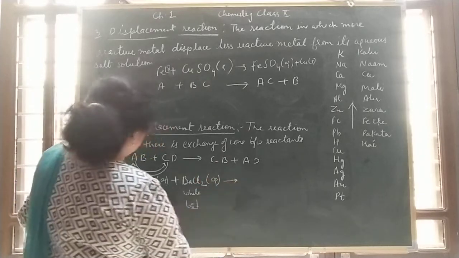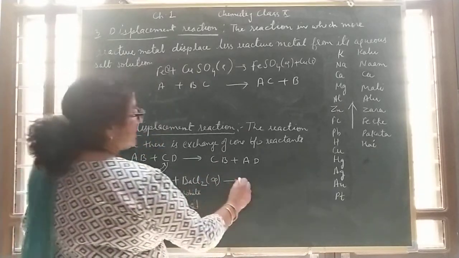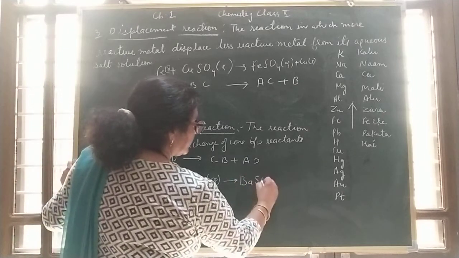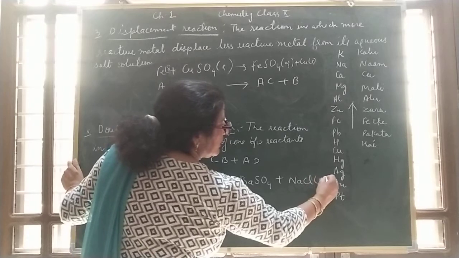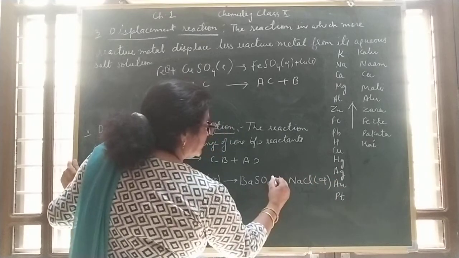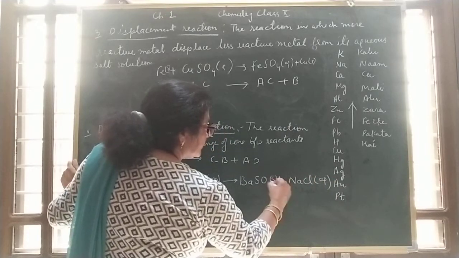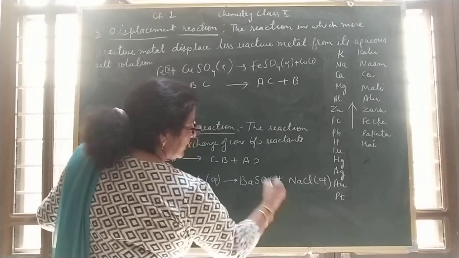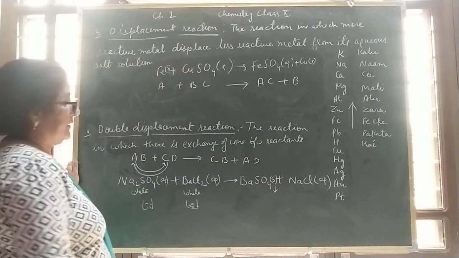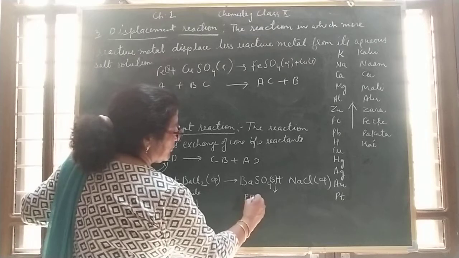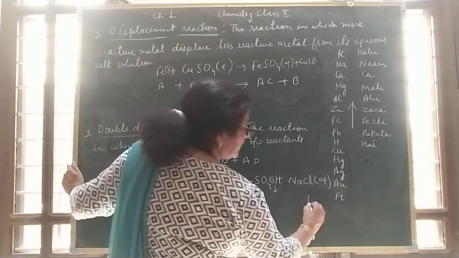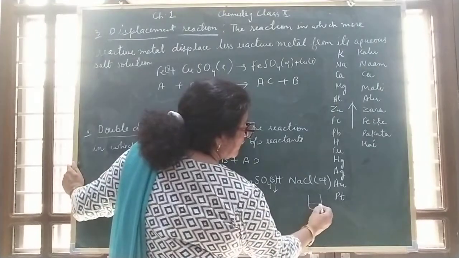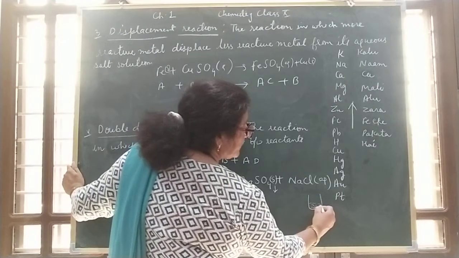What you will get is barium sulfate plus sodium chloride, with sodium chloride in aqueous form and barium sulfate in solid form, shown by the downward arrow, which means precipitate. You will get the precipitate of barium sulfate like this. In the beaker, you will see white precipitate